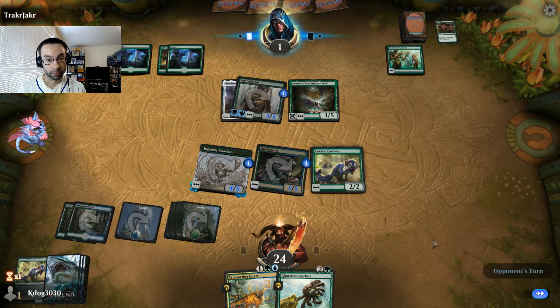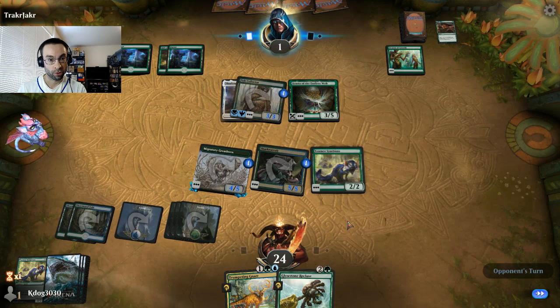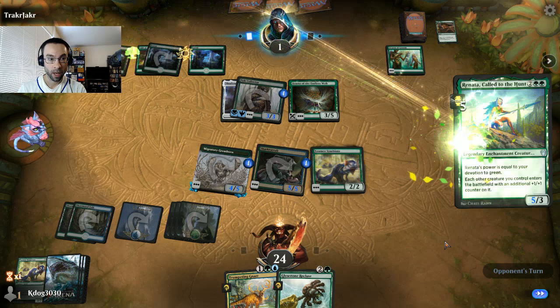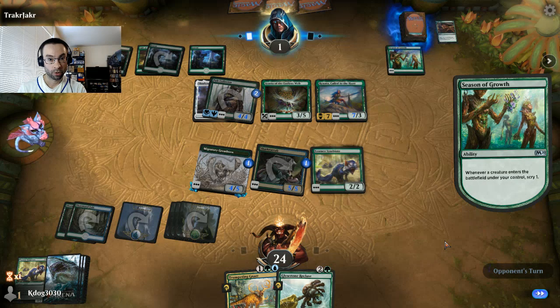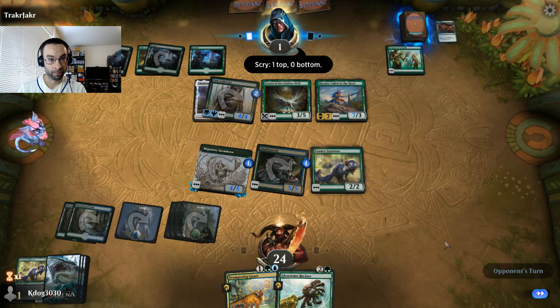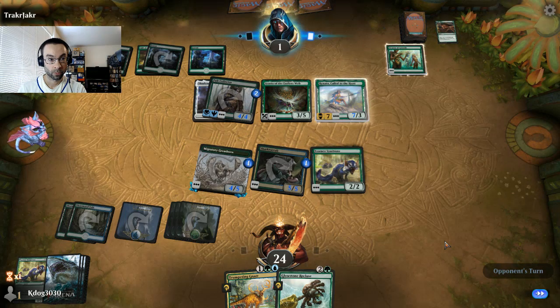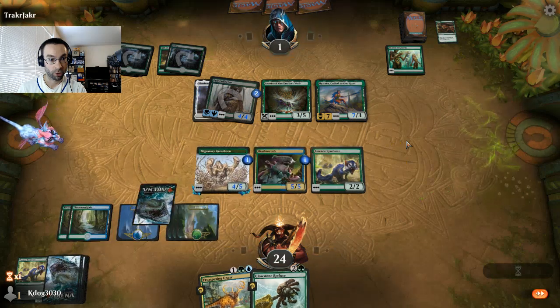And if we can find some way to mutate onto our Sharktocrab, we'll just tap another one of the creatures down, and that should be game. Thanks to the Symbiote, we'll get a counter on it just by mutating either of these, and we have mana to do at least one. Sure, Renata's pretty good, but it's a little bit late to the party. I'm really curious what the Gift of Paradise is for. They haven't shown us any other...